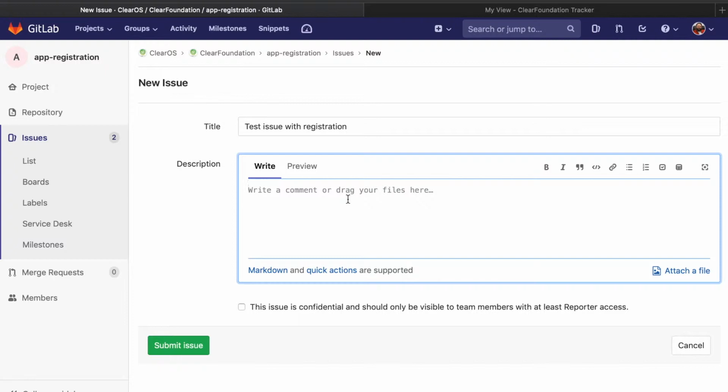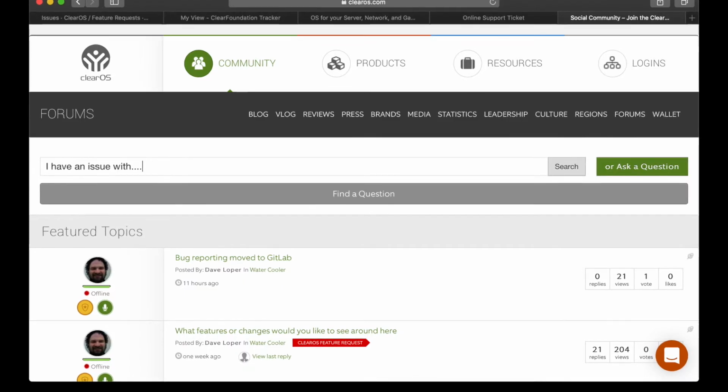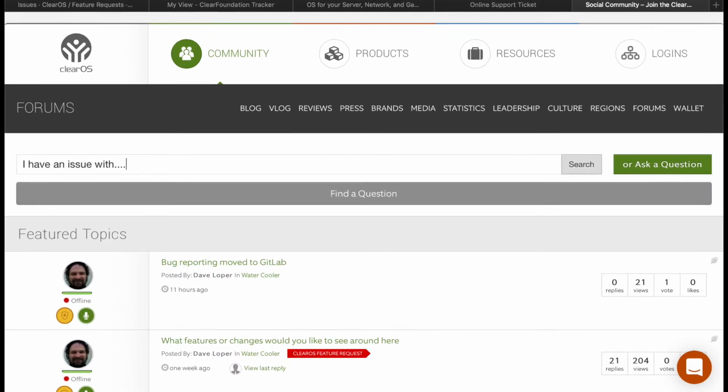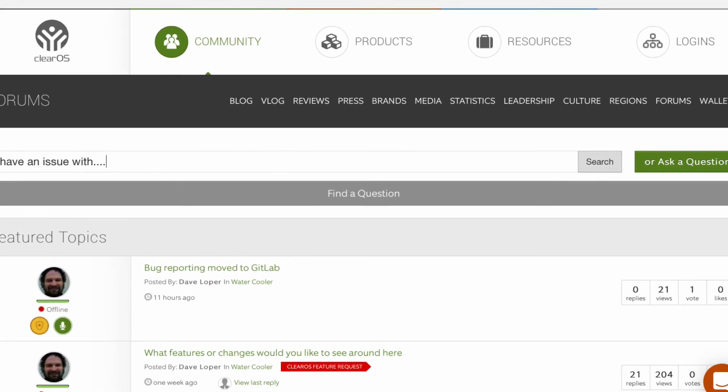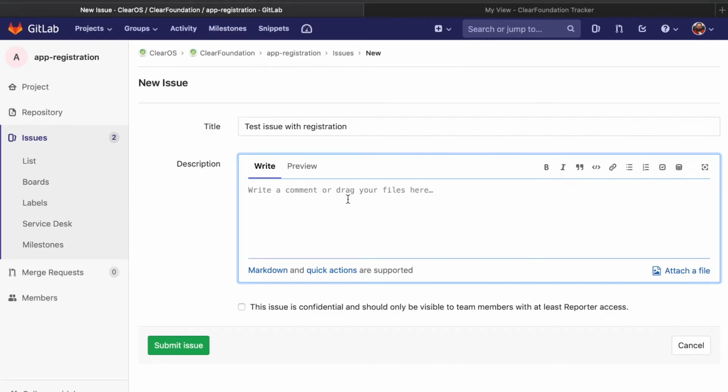When in doubt, it's a support issue, and ask the community. And if the community feels it's a bug, they will often volunteer to file it as a bug for you. That is because they would know the difference between what a bug and a support issue is. If you end up submitting support issues to the